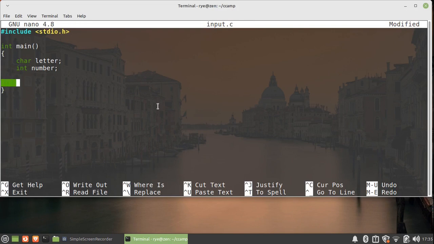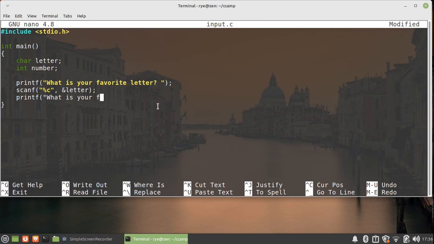All right, so now type the following. printf, "What is your favorite letter?", semicolon, then scanf("%c", &letter); printf("What is your favorite number?"); then scanf("%d", &number);